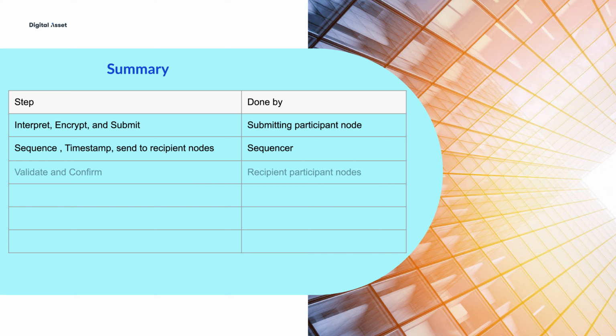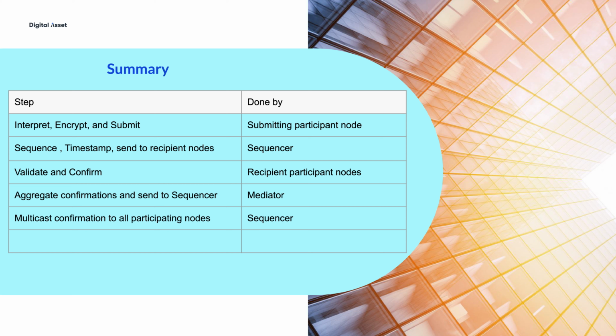These nodes receive their respective subtransactions, validate them, and send their confirmation back to the sync domain, where the mediator aggregates these confirmations and informs the sequencer. The sequencer then multicasts confirmations to all the participating nodes, which then commit the transaction in their local PCS. In this way, the Canton protocol ensures atomicity of transactions and preserves privacy of the data that flows